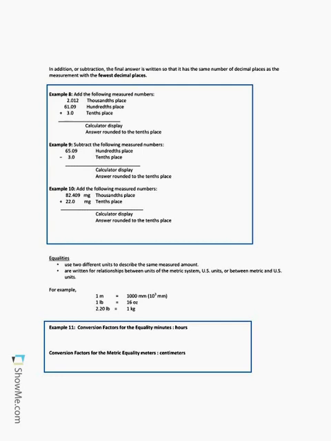So when we multiply or divide numbers, we said that our answer should have the same number of significant figures as the fewest. In adding and subtracting, your final answer is written so that it has the same number of decimal places as the measurement with the fewest decimal places. So in this case, it hasn't anything to do with how many significant figures you have, rather how many decimal places you have. In example 8, it says if you add 2.012 plus